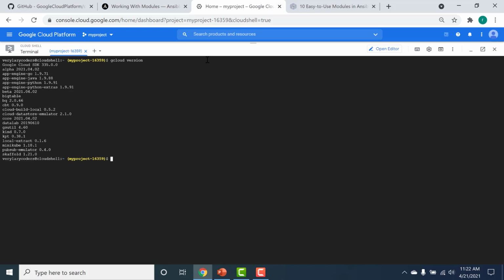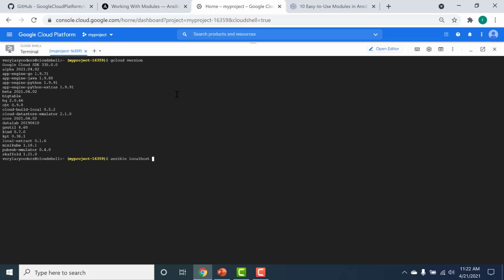So in my Cloud Shell, if I were to run gcloud version directly, it would give me this output. Now let's run this using the ansible command. So to do that, I will just run ansible. Now I want to run it within the same host, so it would be localhost.